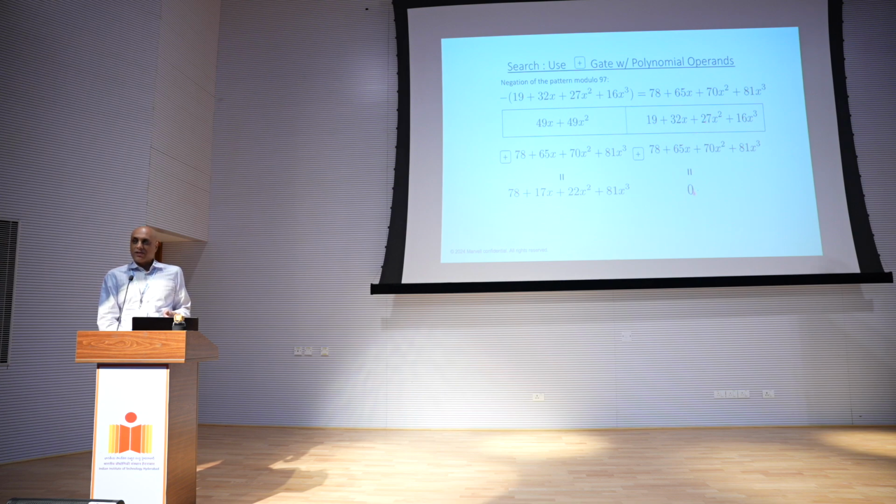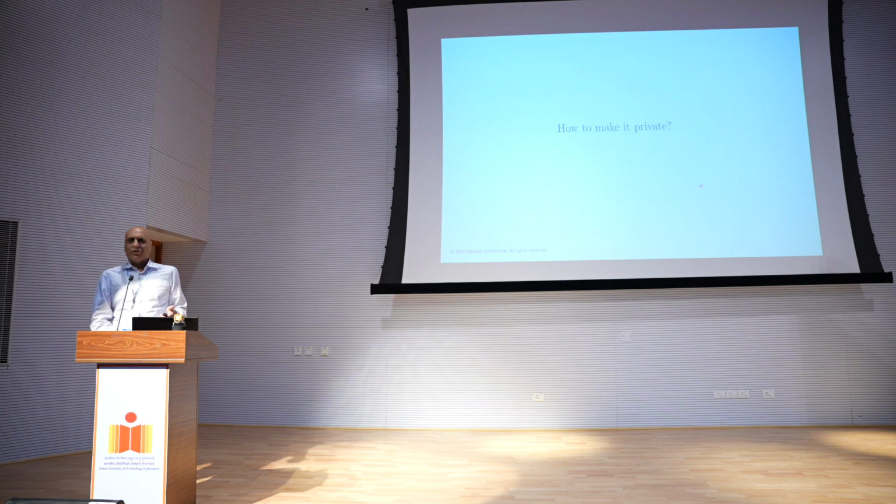you get this result. So immediately what you can see here is 0 is a sentinel or a distinguisher that tells you that you've got a match. Because when I add the polynomial to its additive inverse, I identically get 0, which signals a match. Okay, so that's pretty simple.